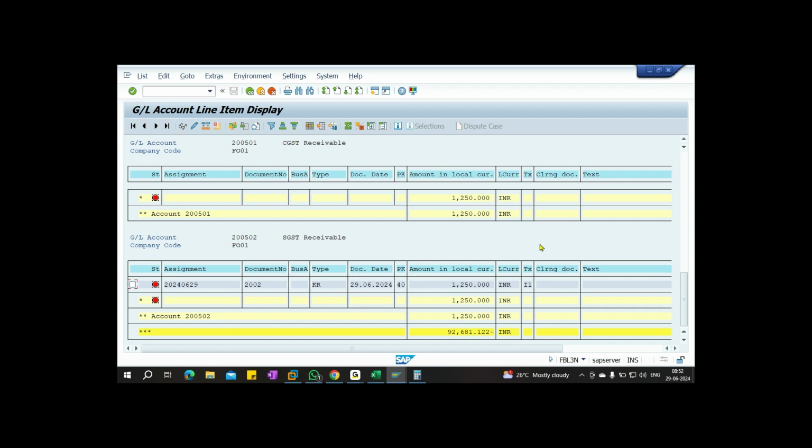Yes, there is an option of withholding tax and all, right? Withholding tax is different. Withholding tax is the TDS, that is the direct tax. GST is indirect tax. So two different layers. But yeah, we can do that. The concept is totally different.